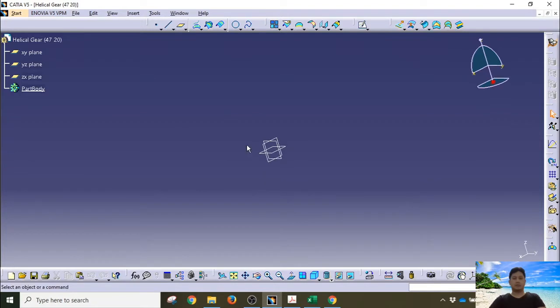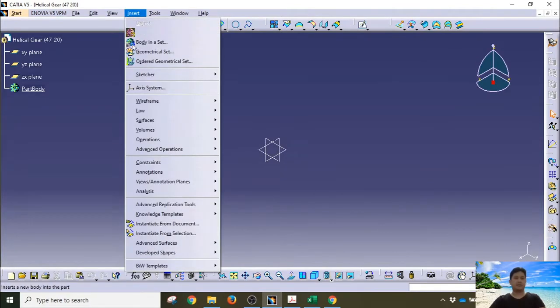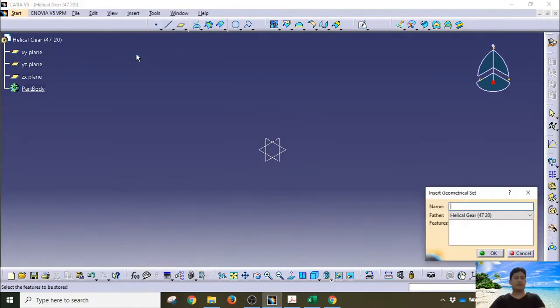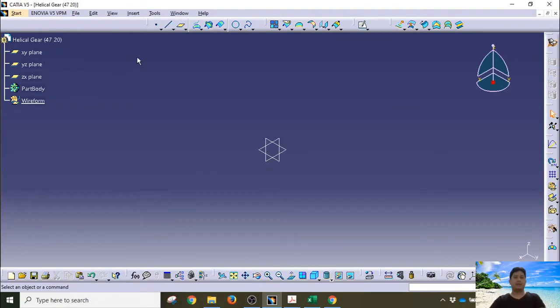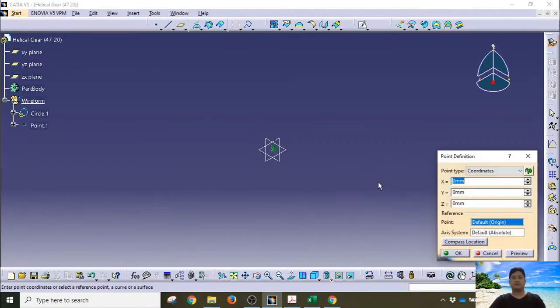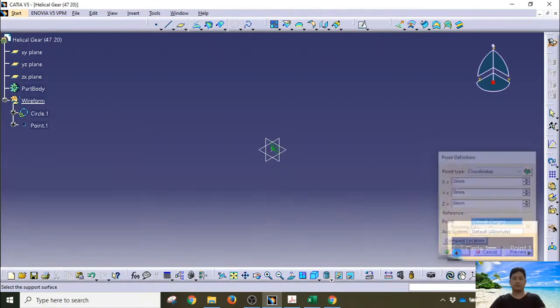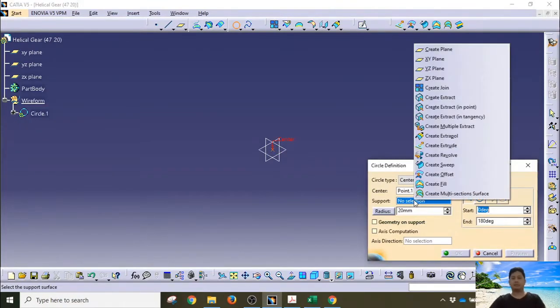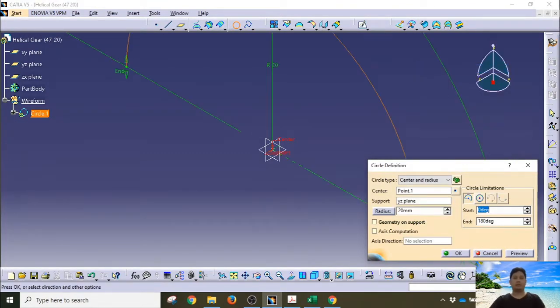start our sketching by firstly inserting a geometrical set, and here we can name it as wireform, and from this wireform we create 5 circles, and from these circles we create the origin at 000. Click OK, and the support will be the YZ plane, and click on the complete circle, and the radius we